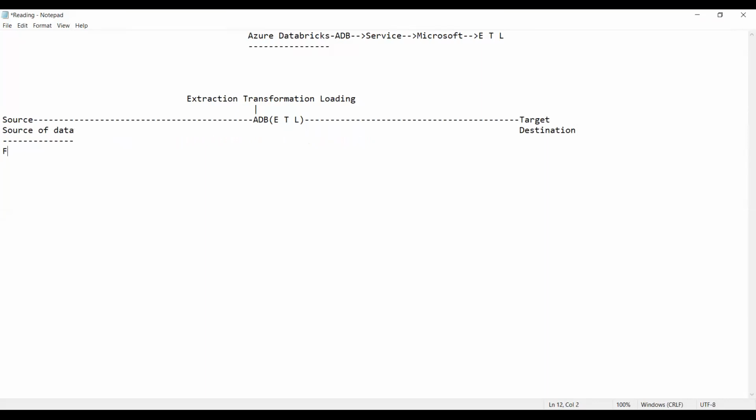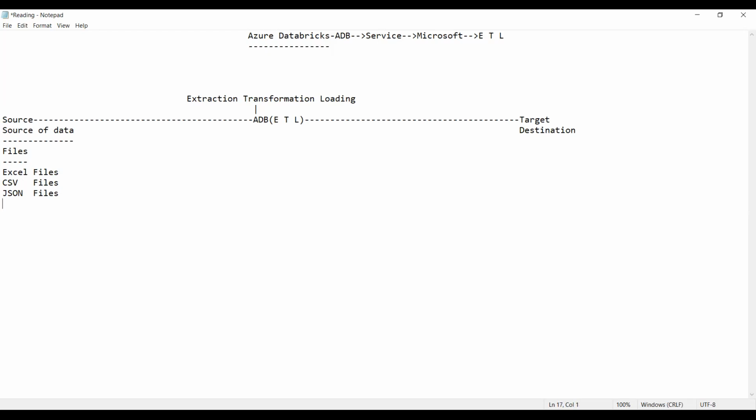The source of data we can find in the form of files, that is called data files. And these files can be of various types. Excel files, CSV files, and then we have JSON files, that is JavaScript Object Notation files.